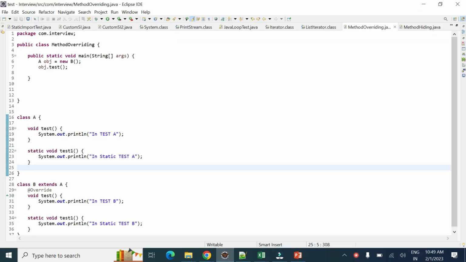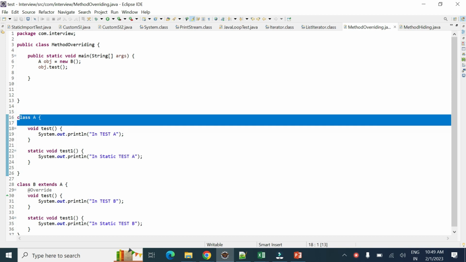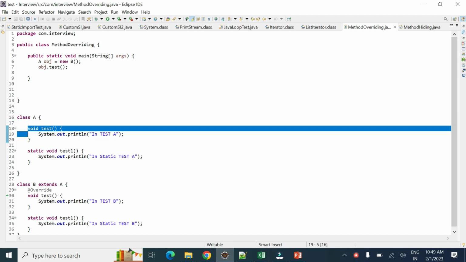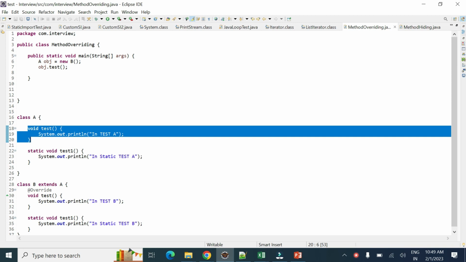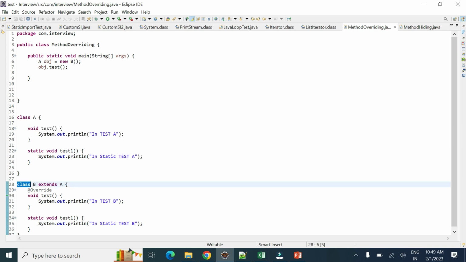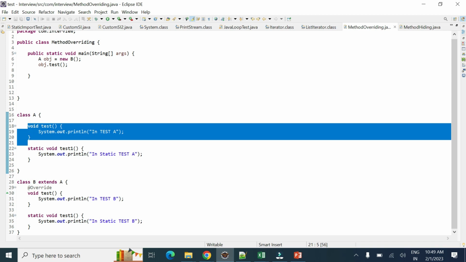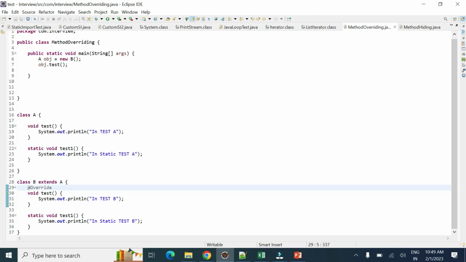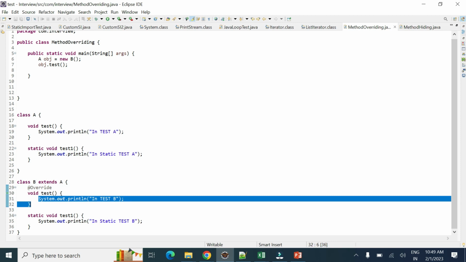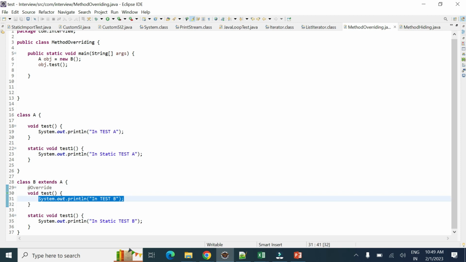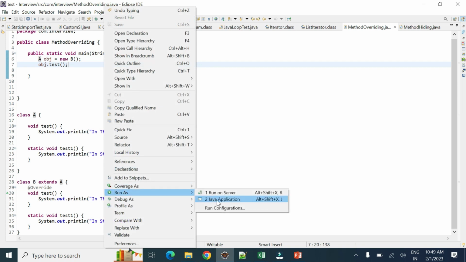Let's say we have a parent class, class A, and there is one method inside that class, void test, and there is another class B that extends class A. If we want to override the feature provided by default by the parent test method, then we should write the annotation @Override, and then we can write our own statement over here. Now if I call this class this way, A object equal new B, and object.test, and run this code, then it will print